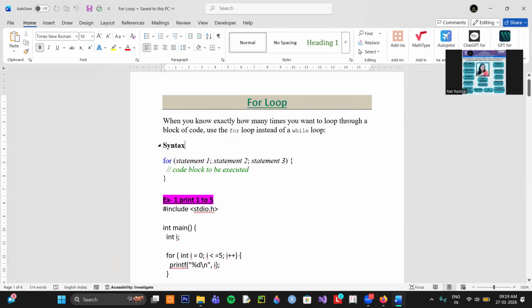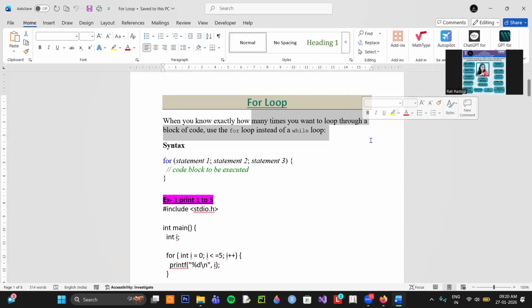So in the for loop, we can repeat the code as much as we want, meaning as the coder wants. जब तक coder चाहेगा, जो जैसे कि आप कोडिंग कर रहे हैं तो आप कोडर हुए, so if you want that the code will run 10 times, then it will run 10 times. If you want the code to run 12 times, then it will run 12 times. So basically, the for loop is an iteration of a command that continues many times. If you want to loop through the block of code, it will loop again and again till the